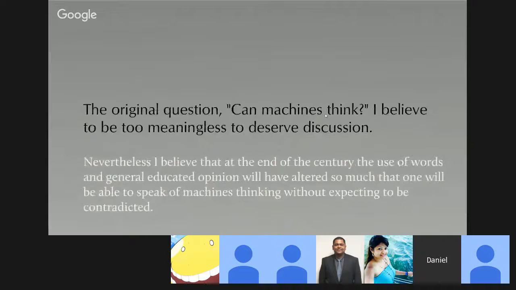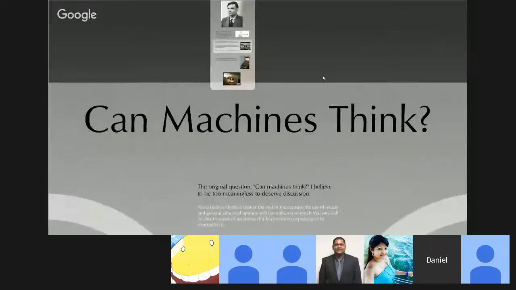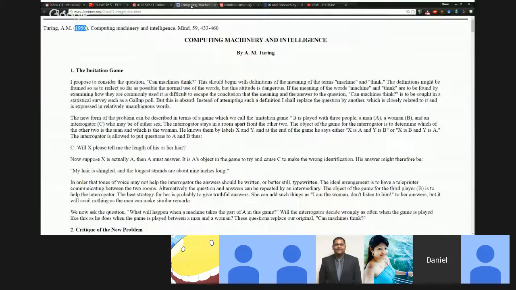He's a mathematician and a logician, but the Computing Machinery and Intelligence article is published in Mind, which is a philosophy journal. And really Turing's trying to talk to the general public. He's not just trying to talk to mathematicians. He's trying to talk to philosophers and really just general people to try to get them to understand what these machines are.